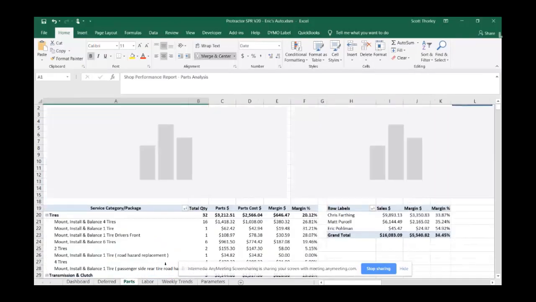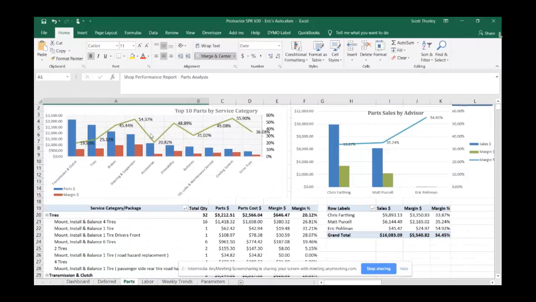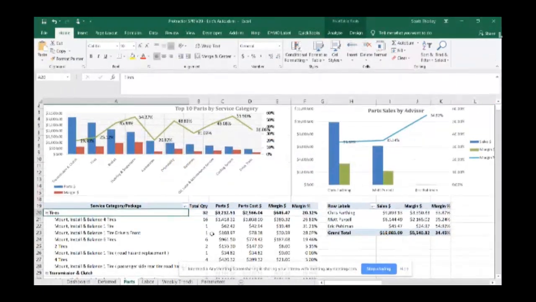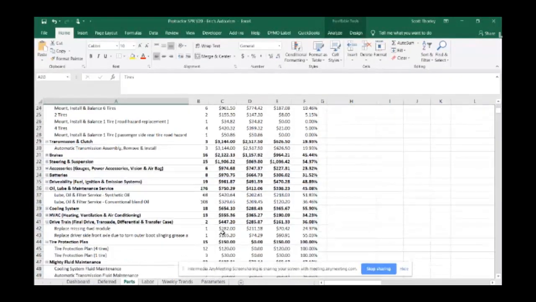The next tab is parts. So this gives you a quick snapshot. This is your parts by service category. The blue is your part sales, the red is your margin, the green is your margin percentage. And we can do similar numbers by service advisor. And then down here we have all the details, so if you want to drill into any of your individual data points,